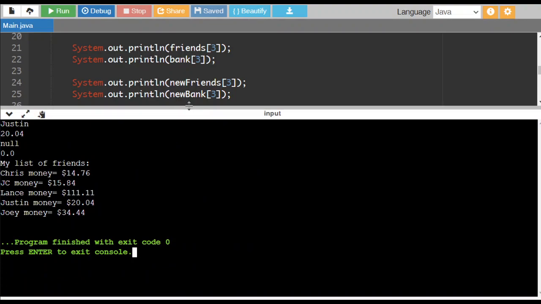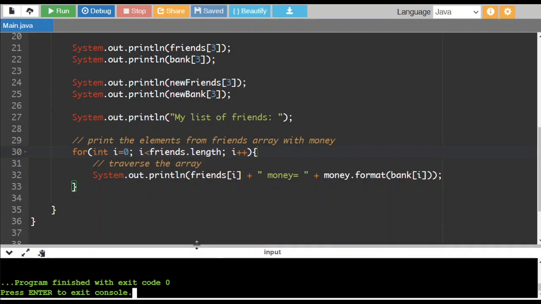So what we're going to get is the my list of friends. It lists all the names of the friends, puts the word money, and then displays how much money they have. So that's a pretty common thing to do, is traverse the array and then do something with each element kind of as you go. So now another thing that we commonly do, which also requires a traversal, is instead of